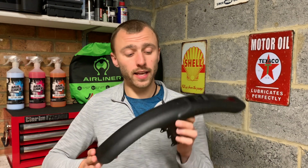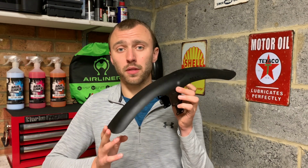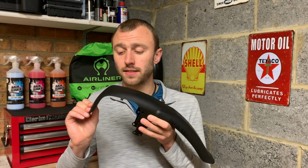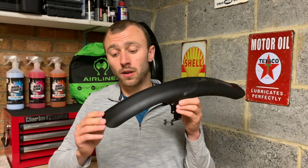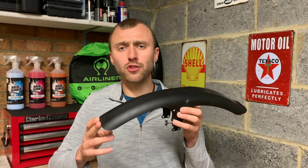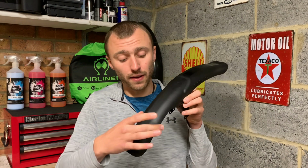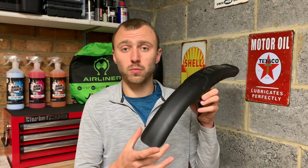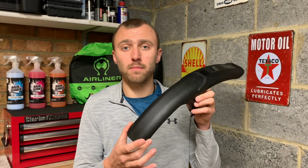If you need to trim down your ProGuard, don't worry, the ProGuard has been designed with that in mind. The front part of the ProGuard is made of slightly thinner plastic, making it easier to trim down with a sharp pair of scissors or a sharp knife. Just make sure if you do that though, you don't leave any sharp edges. You leave it as long as possible and as wide as possible to give your frame the most amount of